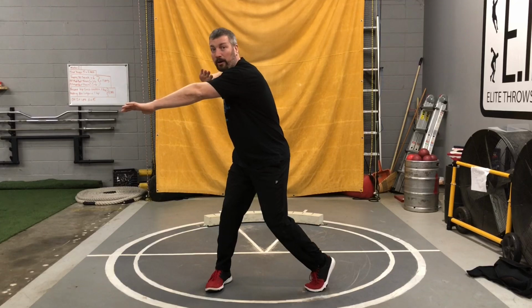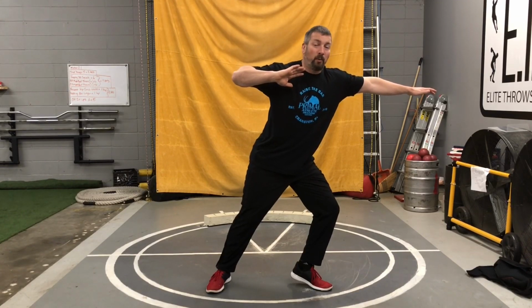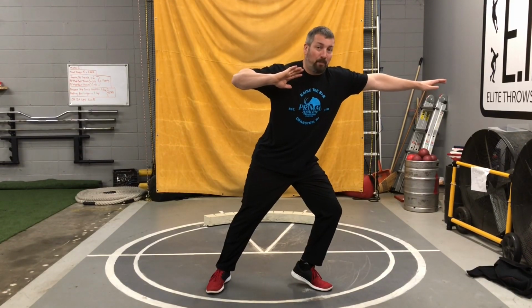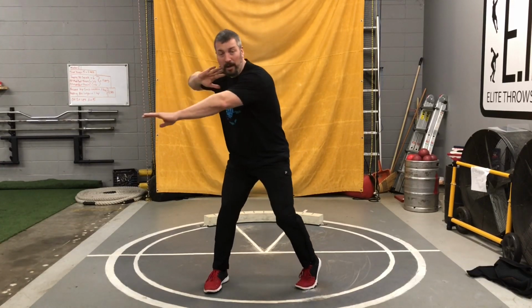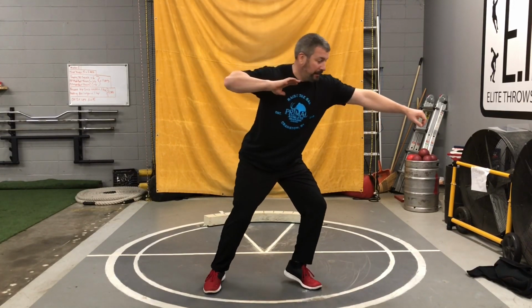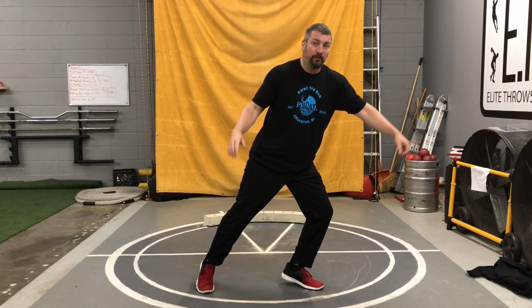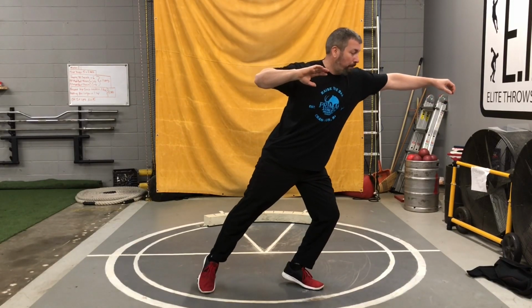And then as they go to shift weight onto their left and they're using that left arm, you should be able to see that. So that's what I want you to think of, is hitting that pause button at certain parts of this throw. Okay, so the first part where you want to hit pause is as they're coming out of the back of the circle, as they've already wound up and now they're starting to unwind. Where you want to pause that is right here. When the athlete is just about to lift their right foot up off the ground, you want to pause, and